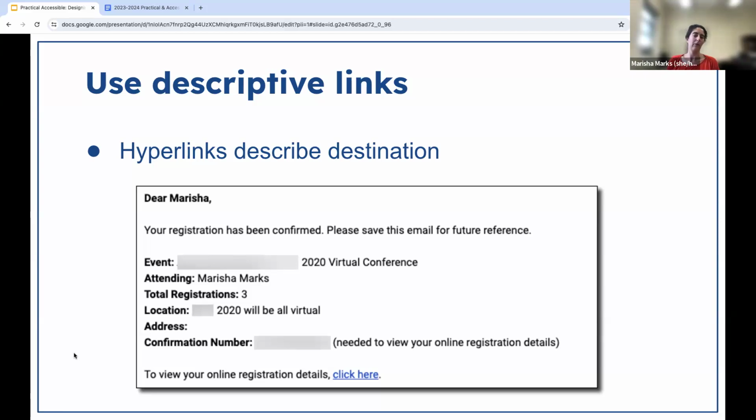So even if I didn't have the full context of the full email, I would still know where that was going. So Anne is suggesting click here for registration details. So it's always a balance between giving the information that you need without using too many words, because all of those words need to be spoken out and speech is quite slow. So it's tricky